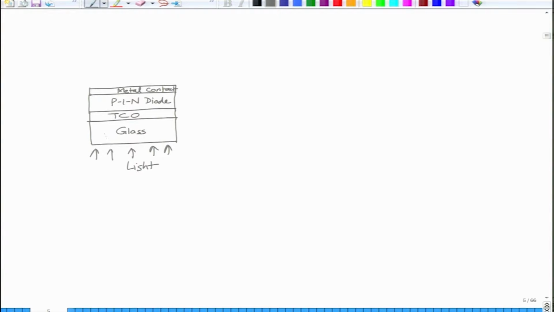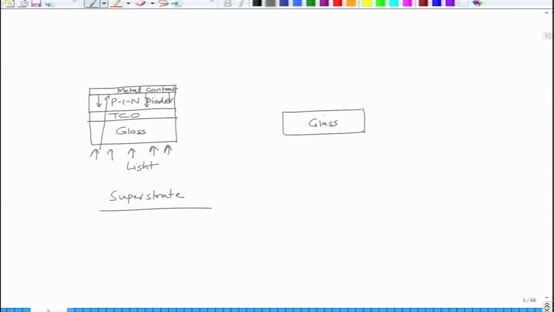So light goes in, gets absorbed on the way, and it also gets reflected from the back metal contact. So this configuration is the superstrate configuration. That is what we saw in the last slide. And the other configuration is you have a substrate,